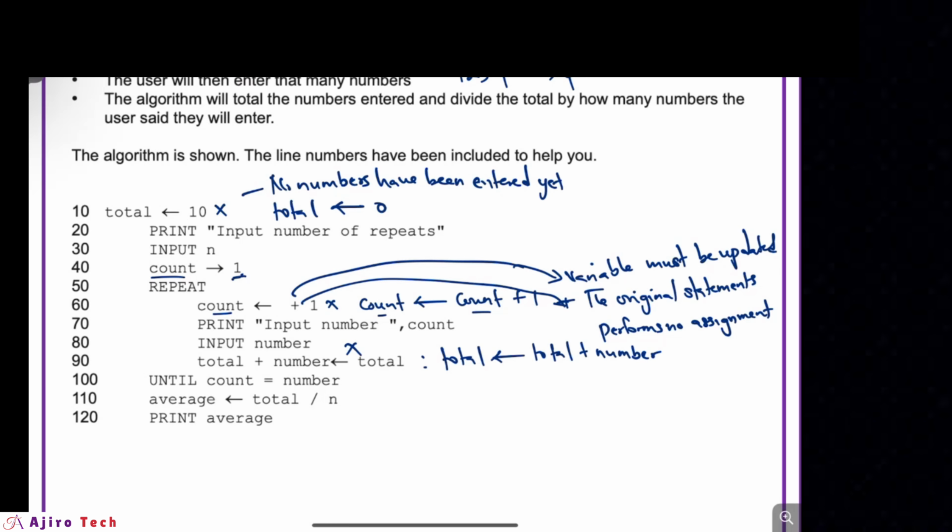And why? Right? The result has to be stored in total. So that's what we are saying. Look at what you are not saying, total. This means that total is being stored in number, which is wrong. Total cannot be stored in number. The result has to be stored in total. Okay, that's why it's wrong.